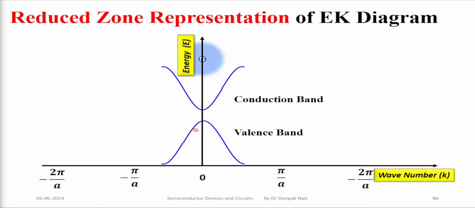Remember, valence bands are those energy bands which are filled with electrons. The conduction band, like we discussed in the previous lecture, might be totally empty or partially filled with electrons. Very few electrons will be there in the conduction band compared to the valence band. So,